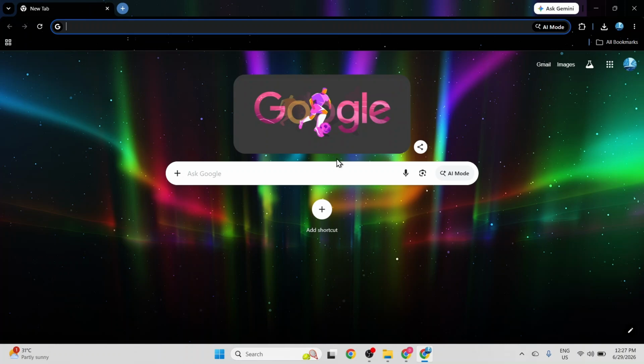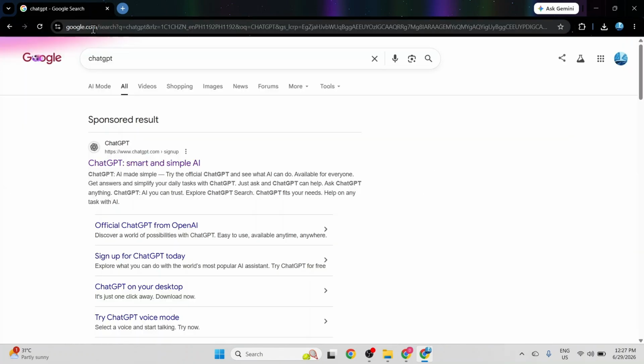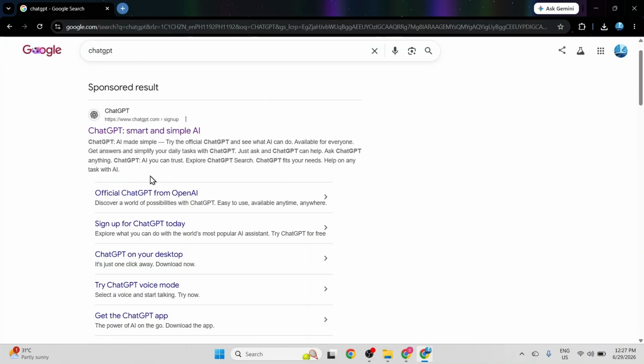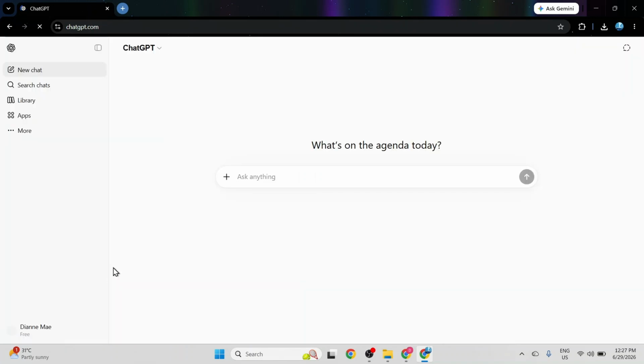In this video, I will be showing you how to create Genmojis with ChatGPT. Let's get started. I start on the Google homepage, click into the search bar, and type ChatGPT before pressing enter. From the search results, I look down the page, find the official ChatGPT link from OpenAI, and click it to